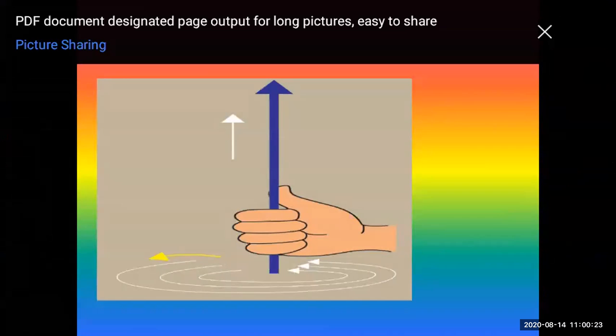Now, what is the magnetic field due to a current carrying conductor called? The intensity of magnetic field produced at a given point will be directly proportional to the current passing through the conductor. The intensity of the magnetic field produced by a given current in the conductor decreases as the distance from the conductor increases. If you're increasing the distance, what will happen to the intensity of magnetic field? It will get reduced. It will decrease. So that is the effect of magnetic field due to a current carrying conductor.